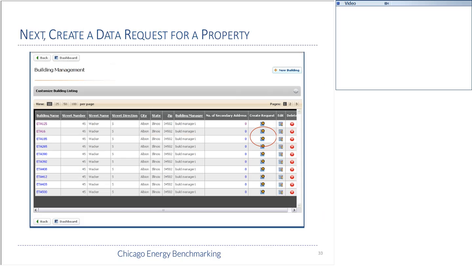Once you finish that portion, you can see that all of the different addresses are here on the screen, and you'll want to create a request. This is creating the data request for that account to pull the 12 months of data for all of those tenants you just confirmed in an aggregated format. So you can click Create a Request,